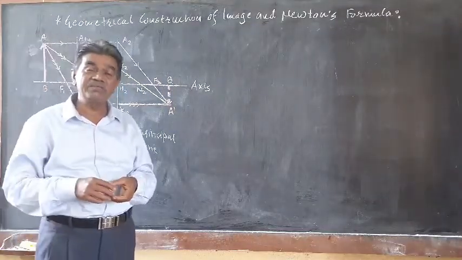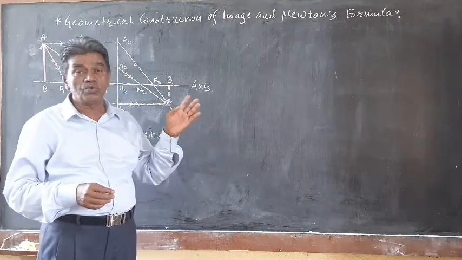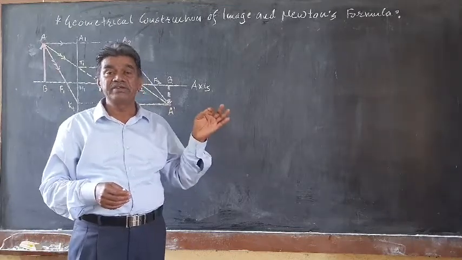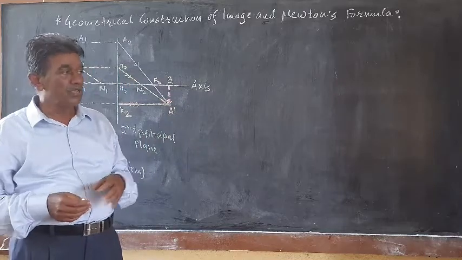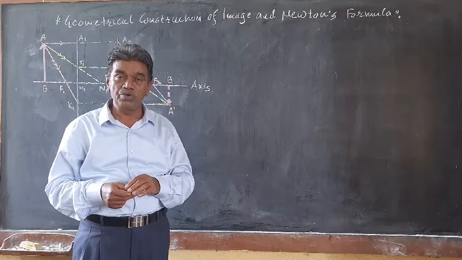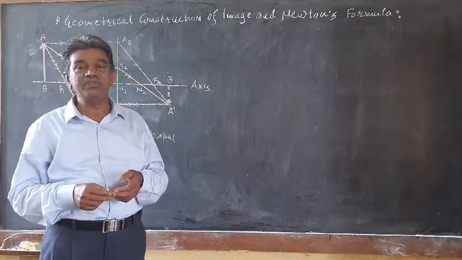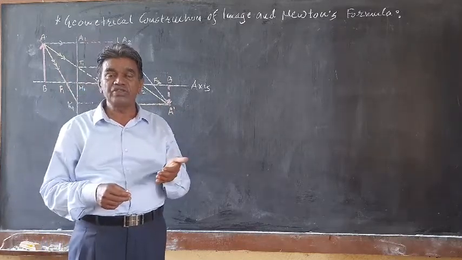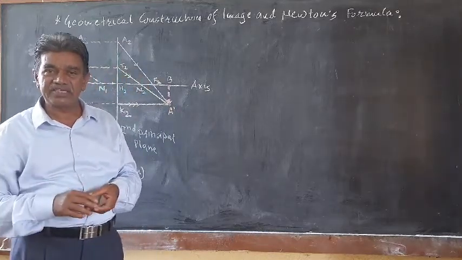For an optical system there are 6 cardinal points. One pair is the focal points, that is F1 and F2. The second pair is the pair of principal points, S1 and S2, and the third pair is the pair of nodal points N1 and N2. We have seen the definition of that, and from the definition of the cardinal points, the image of any object placed on the axis can be constructed.